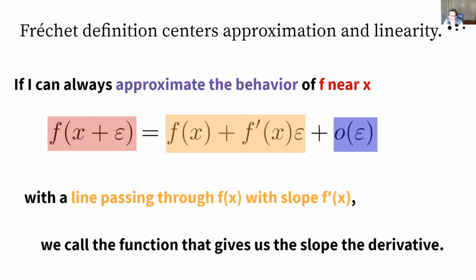This is our approximation of our function f, which could be wobbling and wiggling all over the place. It could be sine of x or cosine of x. It could be something exotic like the loss function of a neural network. But we're always going to pretend that it's just a line and say we're going to approximate it with a line, and we want the best line to approximate it. And the slope of that line is what we call the derivative. So the key ideas are that we're going to approximate the function, and that the way we're going to do it is with a line.